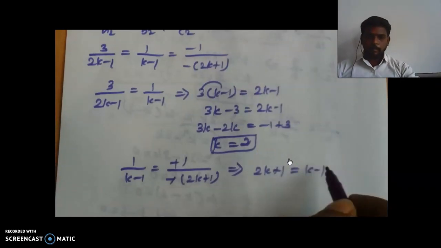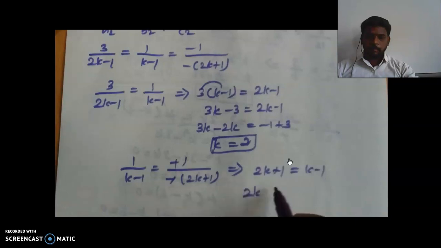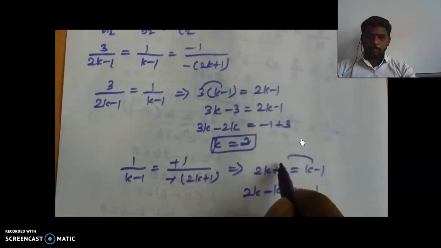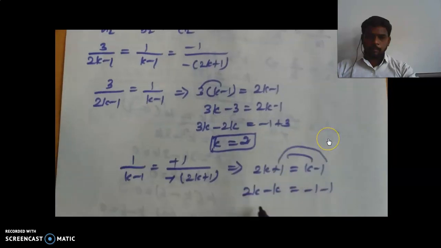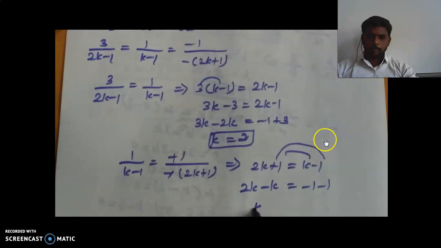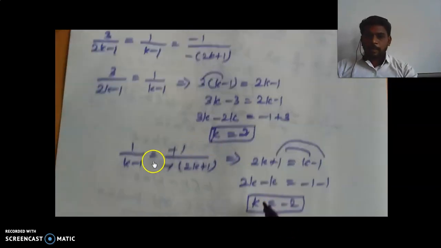Right? And write k terms together on one side, the left hand side. So bring k to the left hand side. So it will become minus k and equal to, already minus 1 is there. And transfer this plus 1 that side, it will become minus 1. So when we subtract this, we get k equal to minus 2. So k equal to minus 2. So here actually the not equal symbol only will come here. Okay, here I just changed the sign. So here put the not equal symbol, so that here also not equal will come. So the k value is nothing but not equal to minus 2.